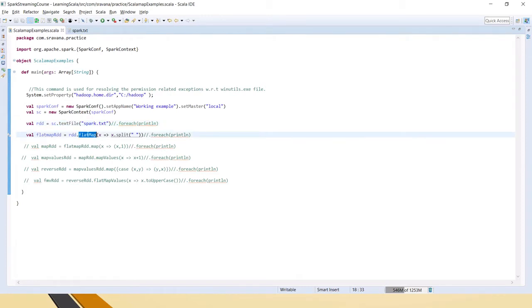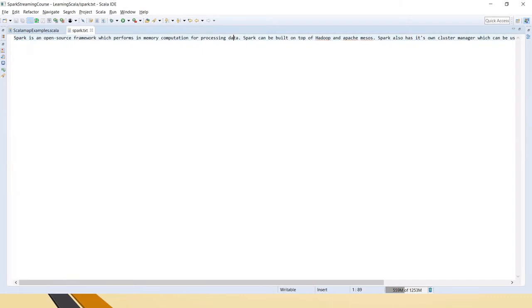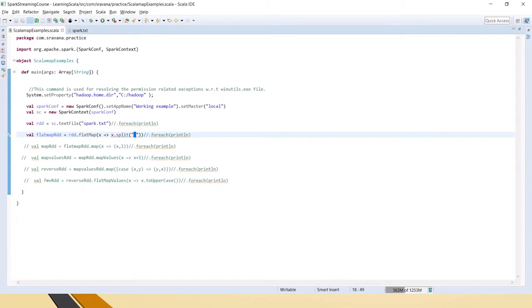And in that flatMap function, I am saying that for each string, because as of now in this RDD we have only strings, you split that string using space, because all these words have space as the delimiter.